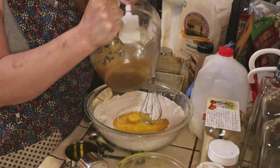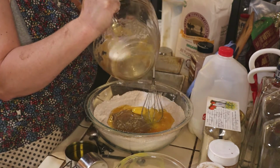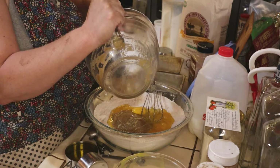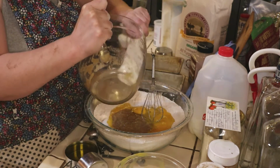Sorry, I needed to get a thingy to, what is this called? I forget. I needed to get this thingy. So,